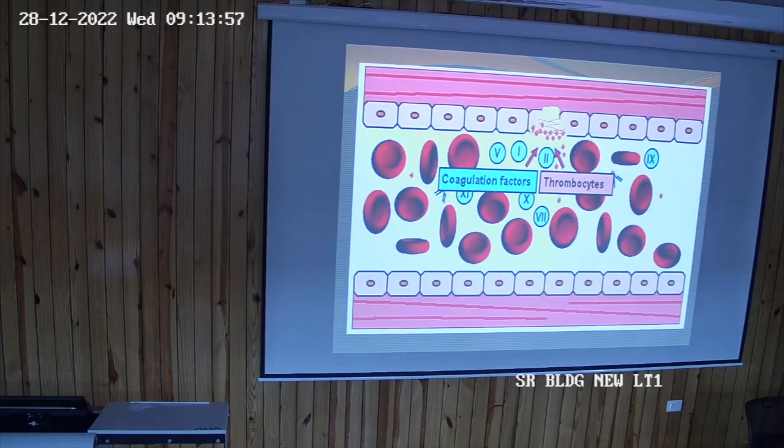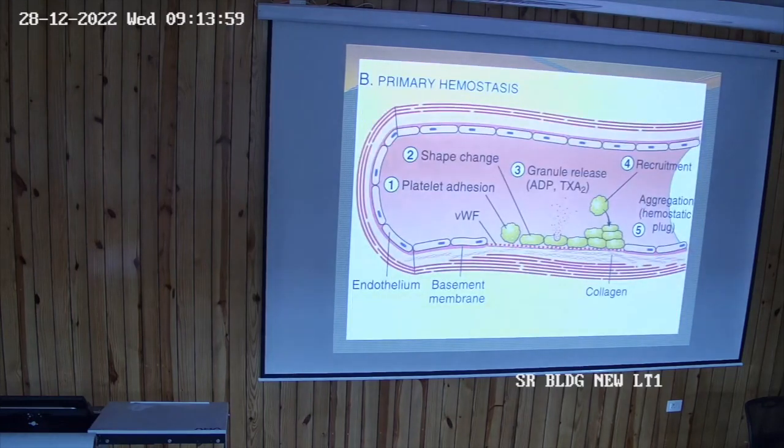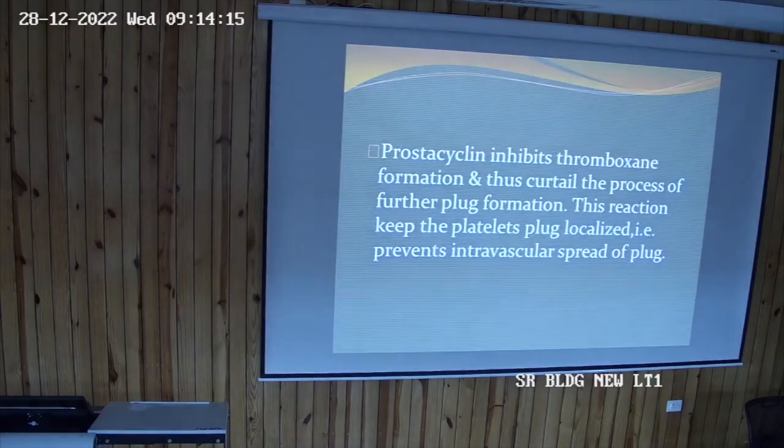In primary hemostasis, remember these substances: ADP, thromboxane, platelet adhesion, von Willebrand factor, aggregation, recruitment. Now from where are these substances coming? They are coming from the platelet. So another important question related to this is